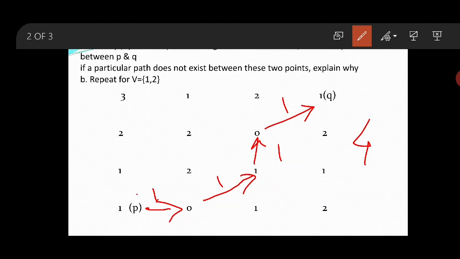Yes. What is the minimum length? 4. I hope you understood. Okay, now if I ask you to go like here, like this. Okay, now 1 1 1 1 2 3 4 5. Now there is a 5. I hope you understood. Okay, means for the 8 adjacency, there are two paths available.